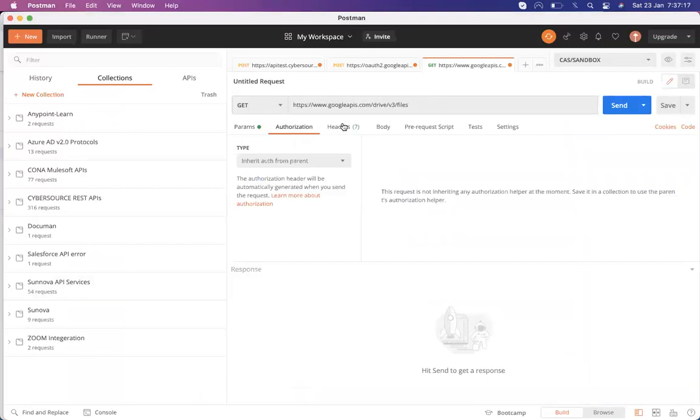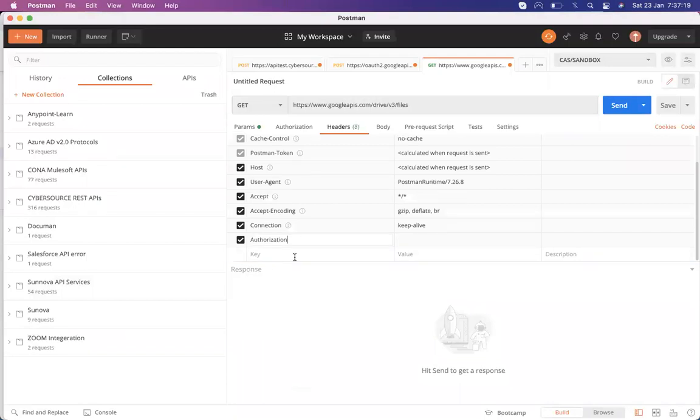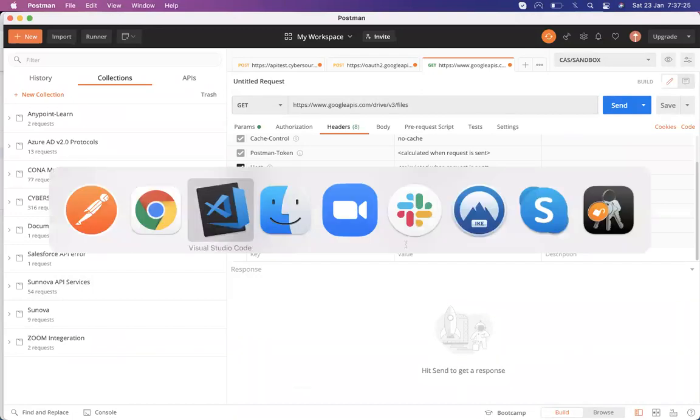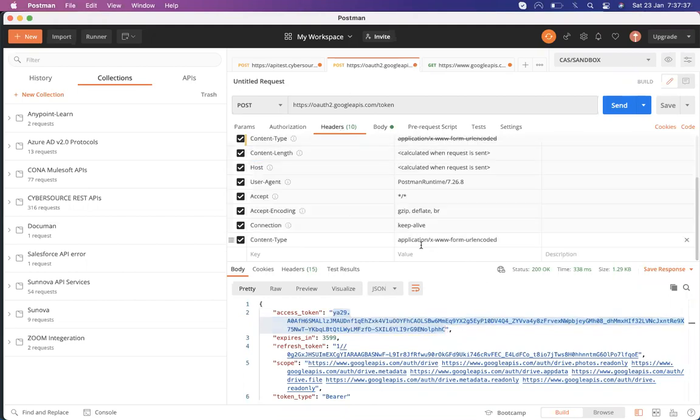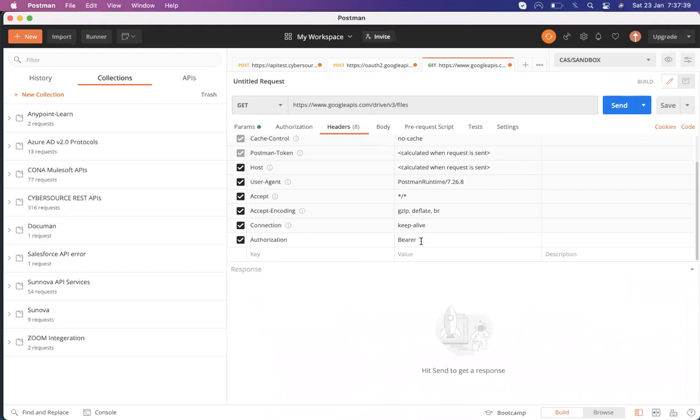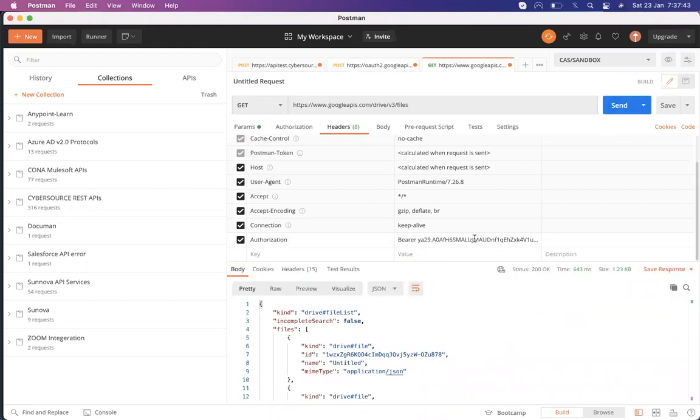Why are you sending it in the params? Authorization, bearer, and what is our access token? It's coming up here. Let's copy this one and send it. Okay, we got the file names.